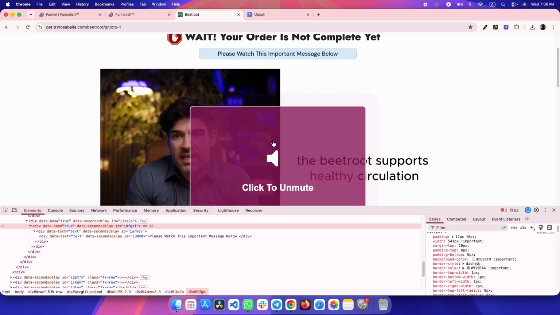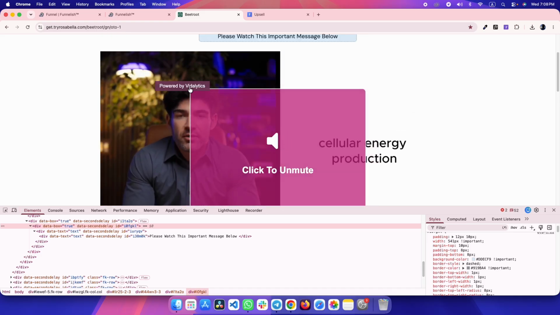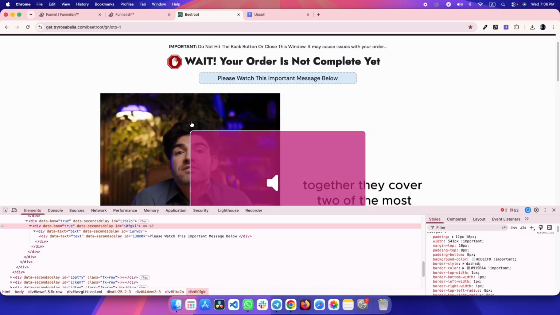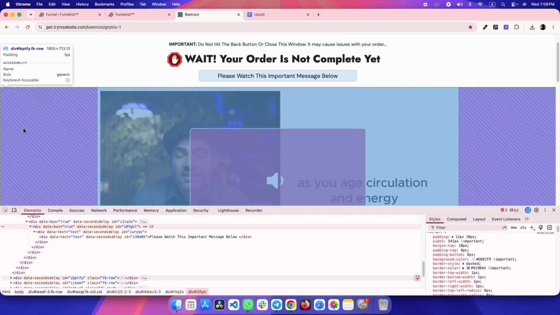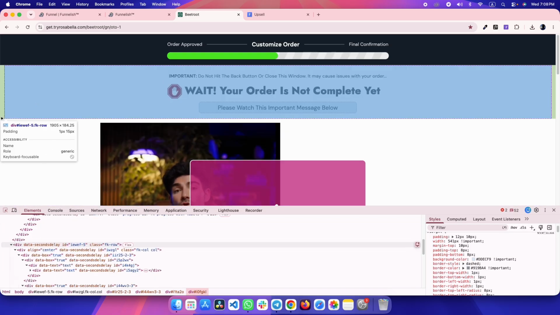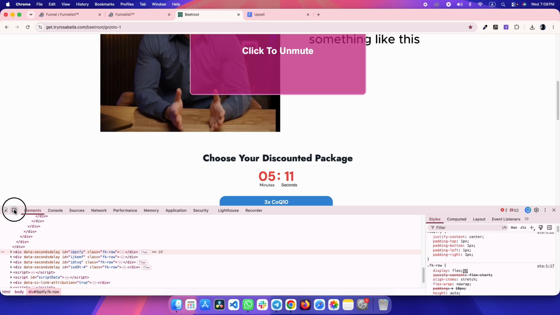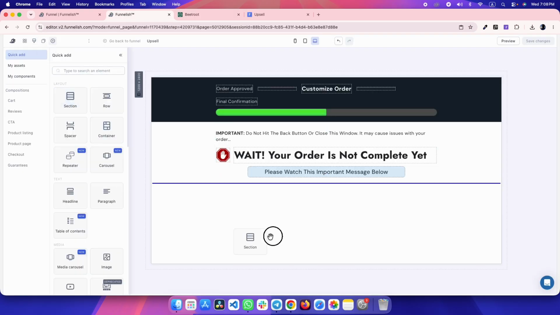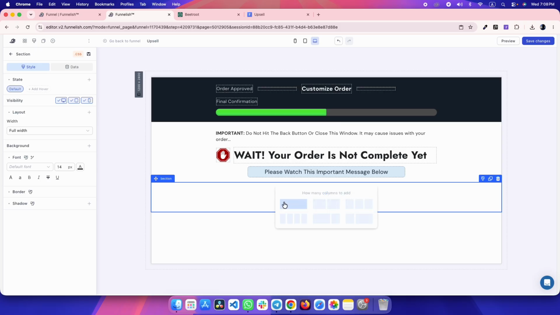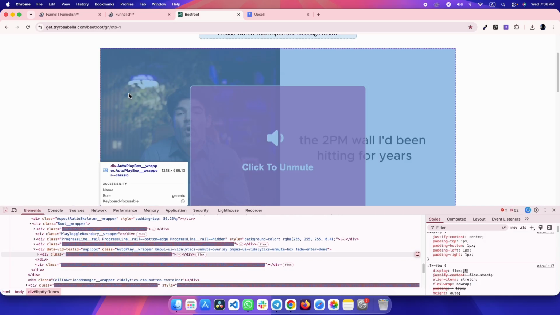Now we have to add this video. To add this video we have to use Videolytics, otherwise we cannot use this video. So let's see. So for this we have to add a new section. So let's add a new section first and add a row,